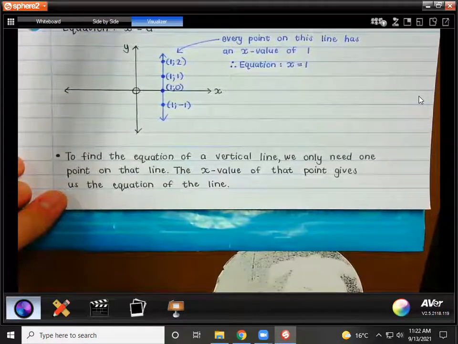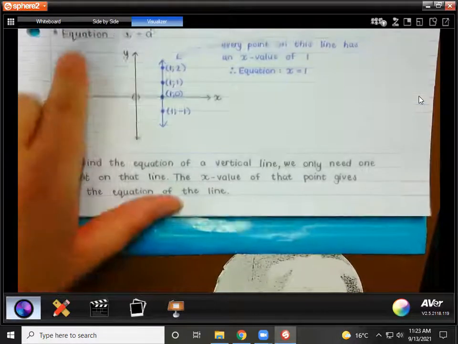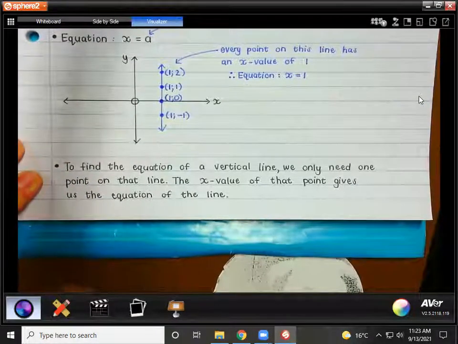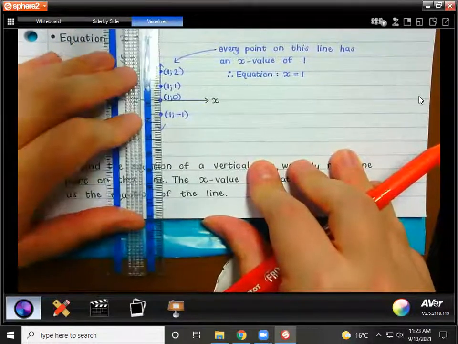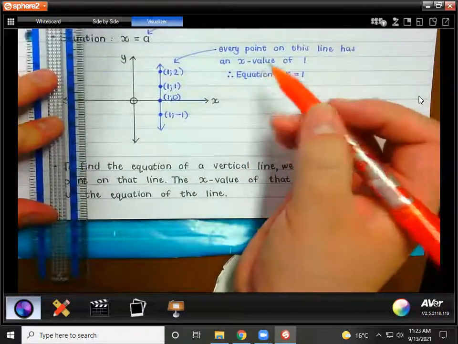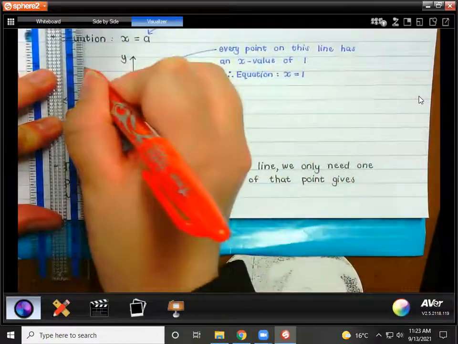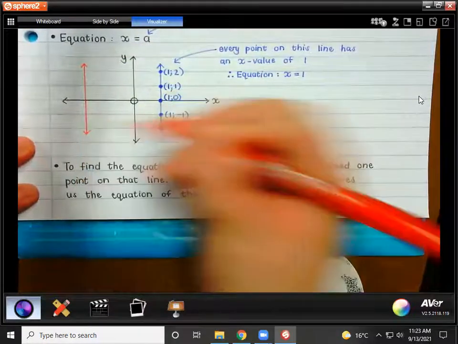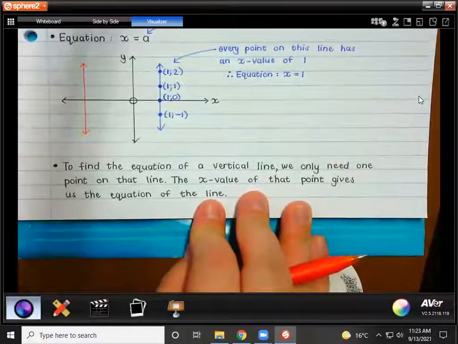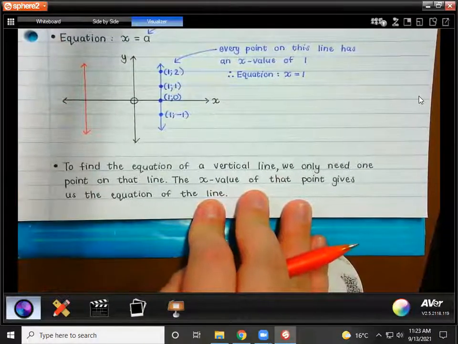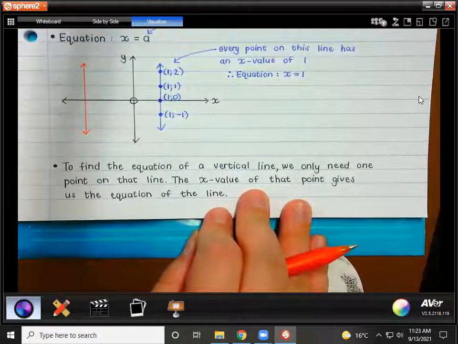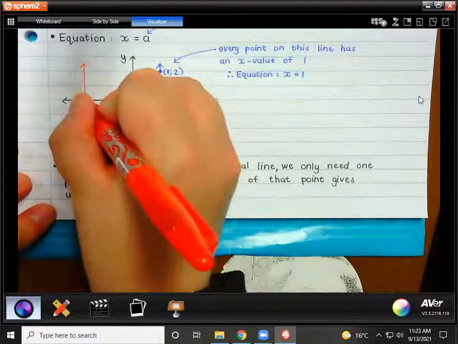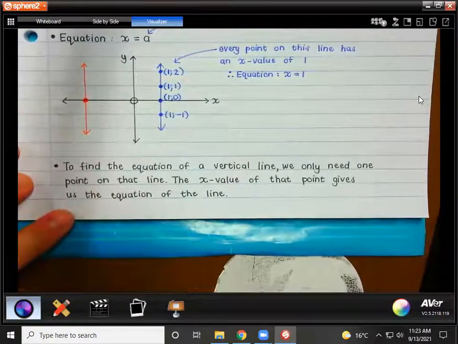Okay, so we can do another one here on the side, on the negative side of the x-axis. Let's do one over there as well. Let's draw it a bit further away from the x-axis than the previous one. Right, so I'm going to use a different color. You can use the same color, it doesn't really matter. But again, we're drawing a vertical line, right? So it has to just be a straight line going straight up. Okay, it's not skew at all. And now I'm just going to show one point on this line. All right, I'm going to say that that is the point,